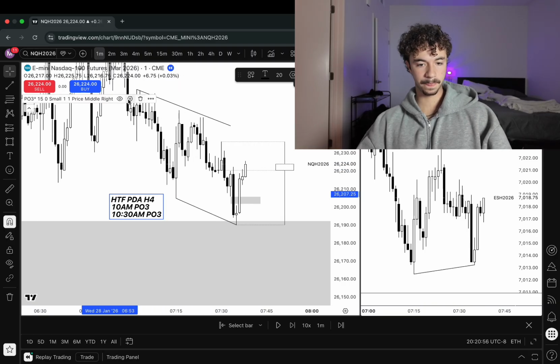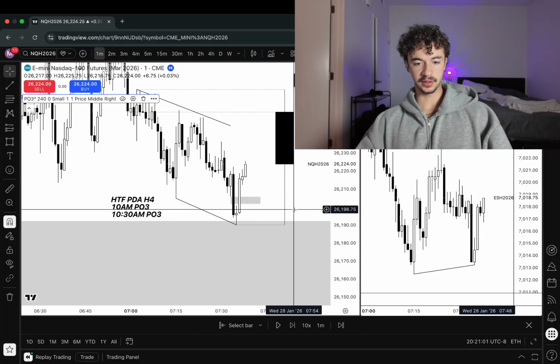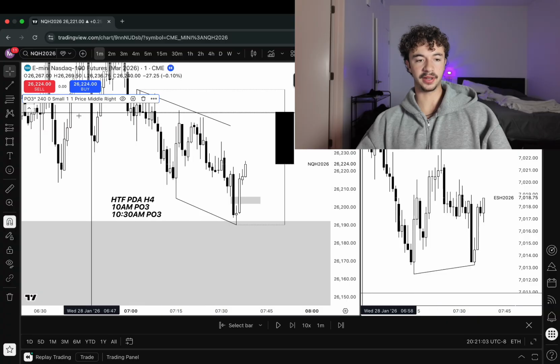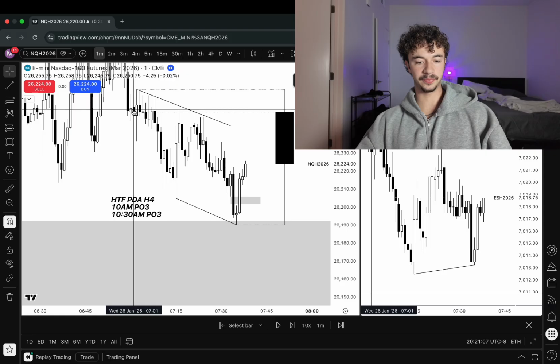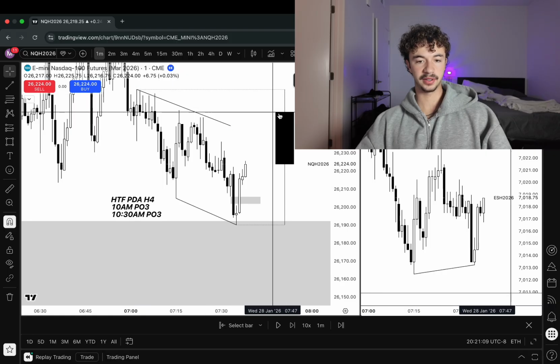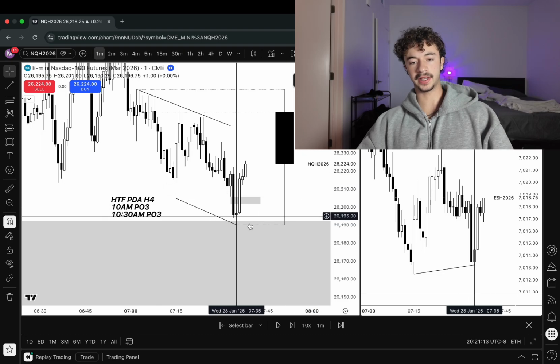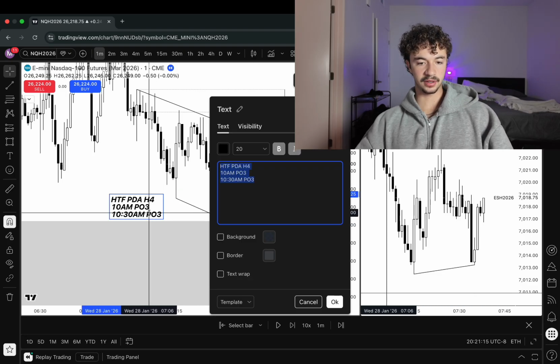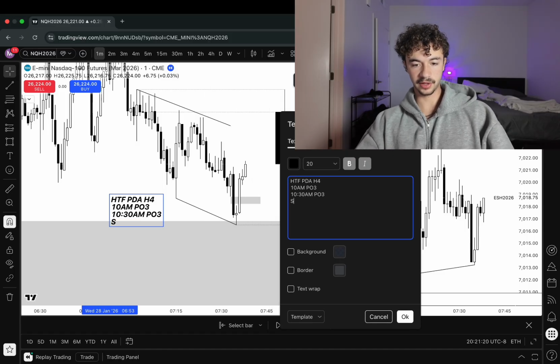Hold up. I was set on the 15 minutes, so this was the 4-hour candle at the time. We opened right here, put in that high wick. This is the open, comes down, forms that wick in a discount. So we have, once again, the 10 a.m. PO3, the 10:30 PO3. We have the SMT, we have LR above,